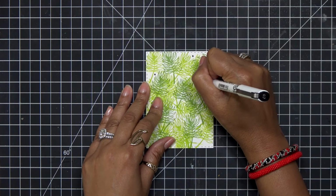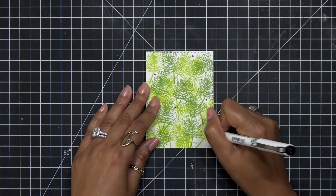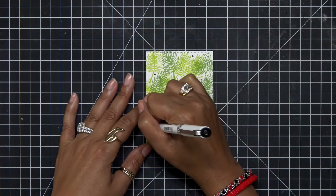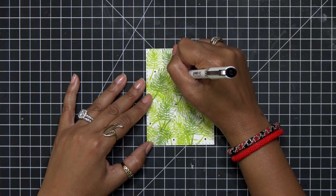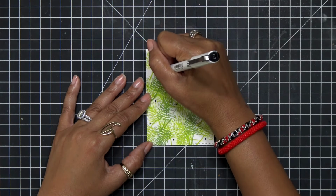You can do circles, you can do hearts. It's endless what you want to do, and that's going to fill in some of those open white spaces that you still might have, but also just give a visual contrast. Just make sure if you're using hearts or you're using circles like I am to kind of vary the dot